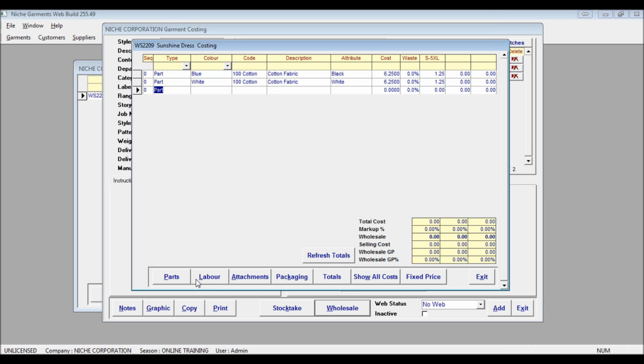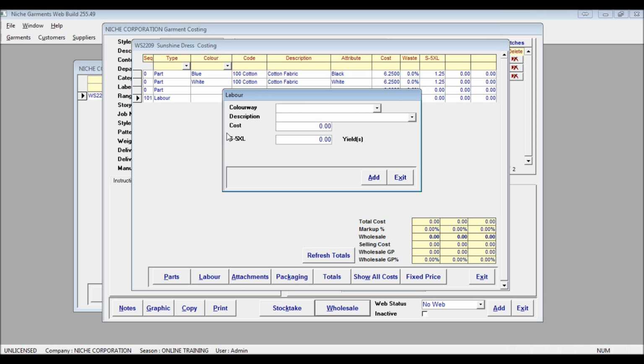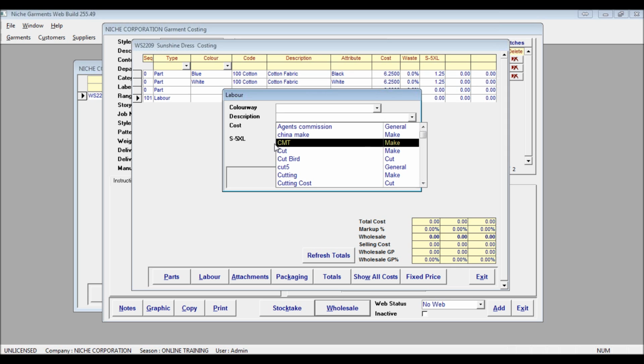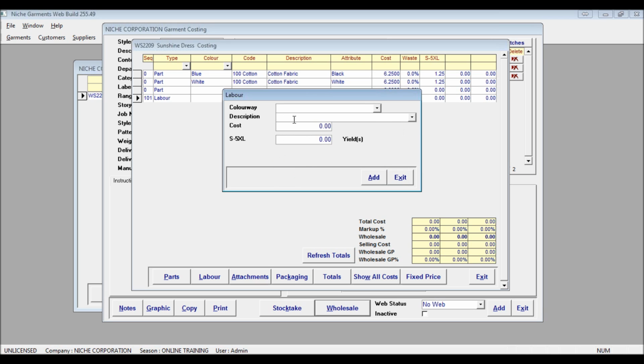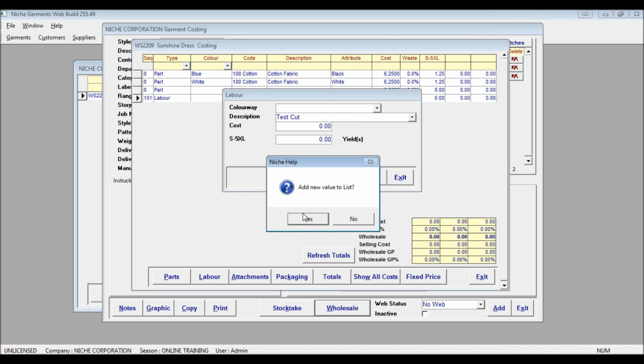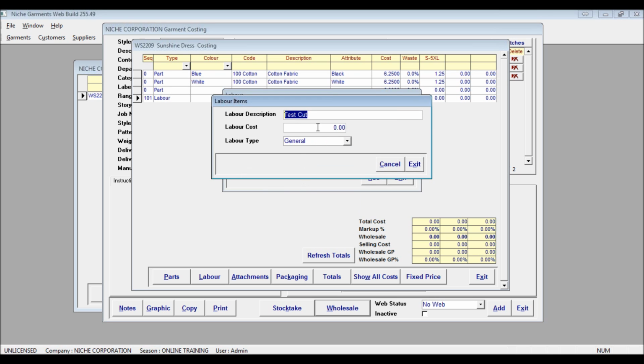The other thing we can do with this screen is we can add in labor charges. So if we click on this labor item here, again, it'll ask for a colorway, but typically with labor items, the color isn't really relevant. And so we can choose a labor item if it's already created in the system, or we could choose to create a new labor item, which I might do now. So if I type in test and let's say I've got a cut charge, okay, it'll ask me to add that to the list, and it'll allow me to put in a